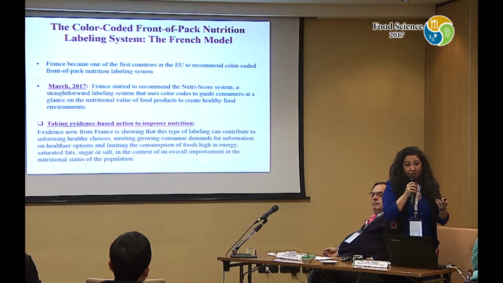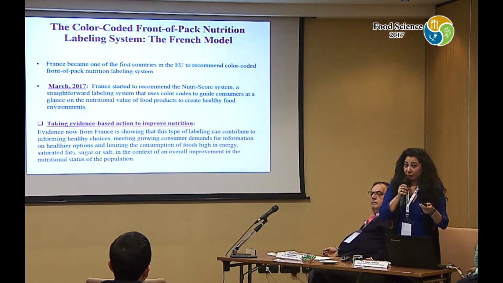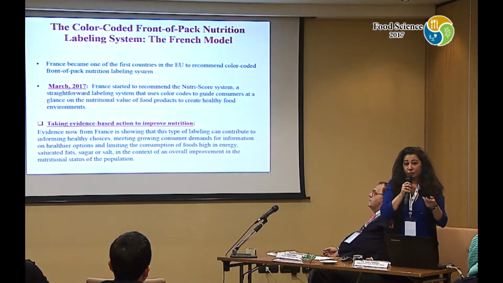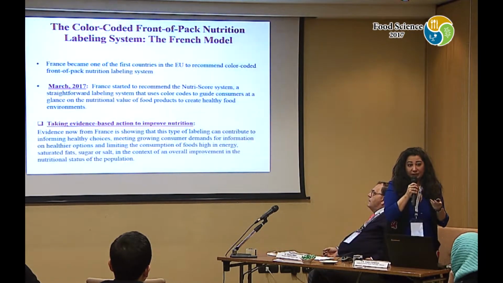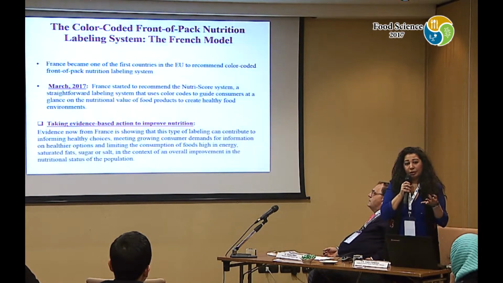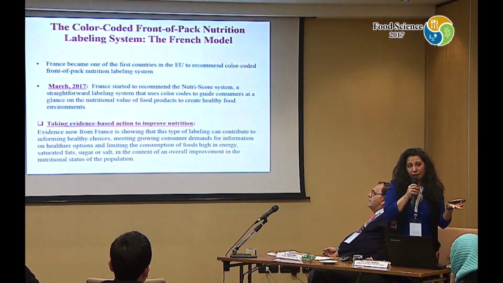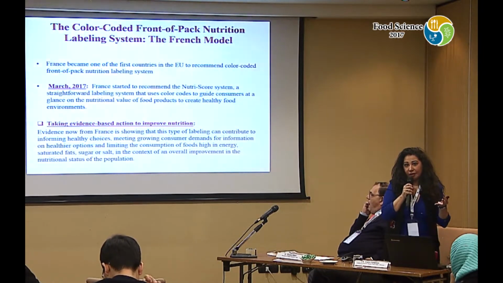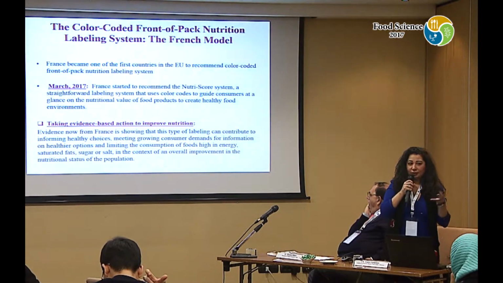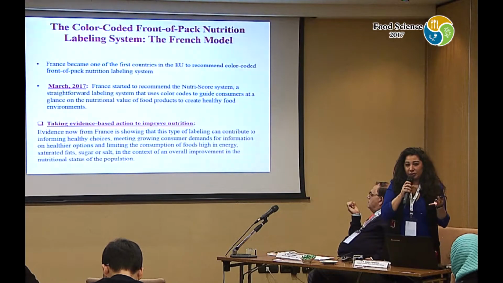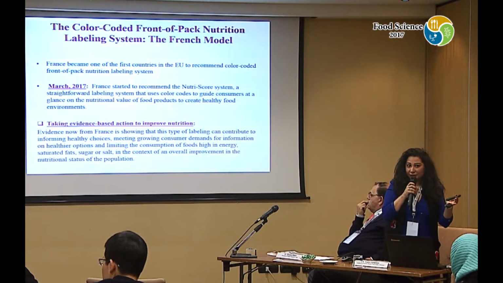In March 2017, in France, after 3 months of trials in over 40 supermarkets across France for 5 types of designs to be able to have a Nutri-Score, they tried to know what was the most common, maybe visual, helpful food label for consumers. A lot of consumers responded, and after all, they came up with this Nutri-Score. It's just very easy. A, B, C, D, E, and you grade A is the best, you grade E is